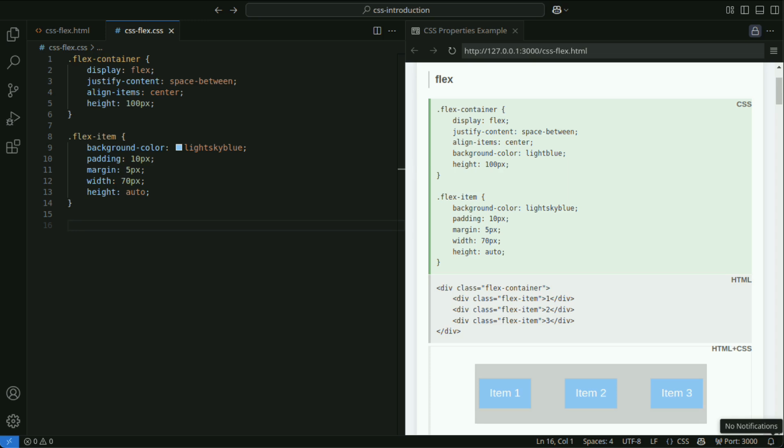Flexbox has two main components, the flex container and the flex items. The flex container is the parent element that wraps the child elements, specified using display flex. Flex items are the elements placed inside the flex container, meaning the direct children of the container. The following properties are related to the flex container. Specify flex in the display property to define a flex container. The internal child elements become flex items.